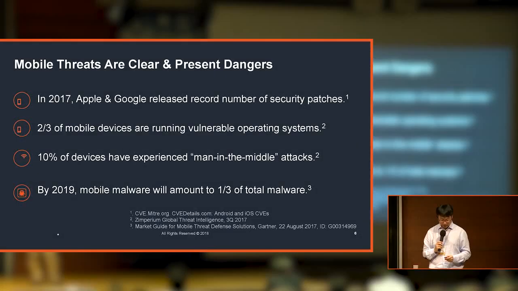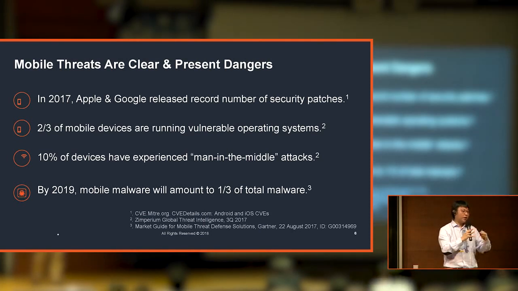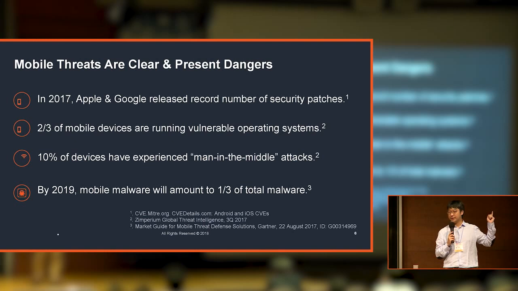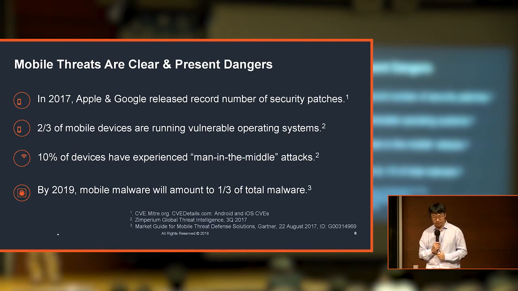Okay, so let's summarize some of the information we learned. In 2017, last year, Google and Apple released updates, and every time they do an update, I think no one cares to read why: iOS 11, 11.1, 11.1.2, 11.3. They are released because of security updates. And our research team actually contributed to 3 updates last year, because we found CVEs that were very critical and needed to be fixed.